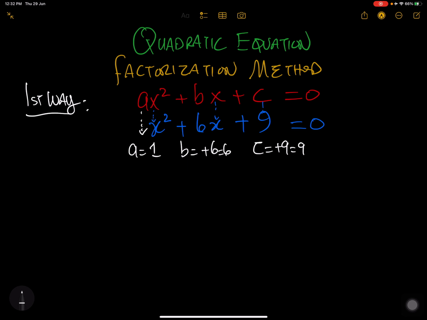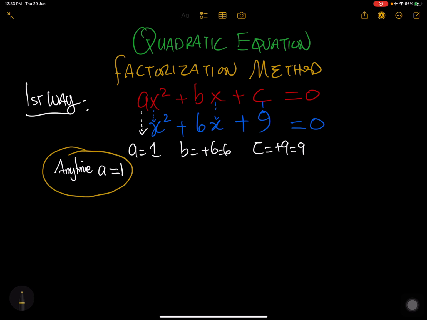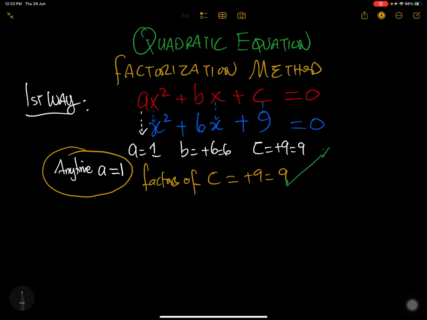Now, the first method under the factorization method is, anytime a is equal to 1, like in this question, this is what we are going to do. We first look for the factors of c, and in this case c is plus 9. These are the factors that we are going to look for, and when we multiply these factors,